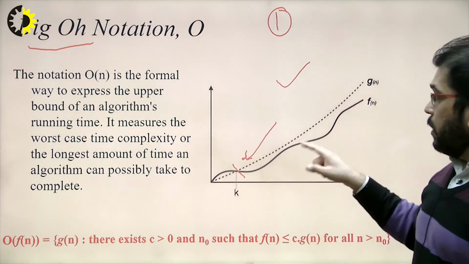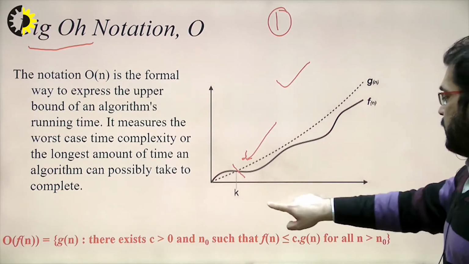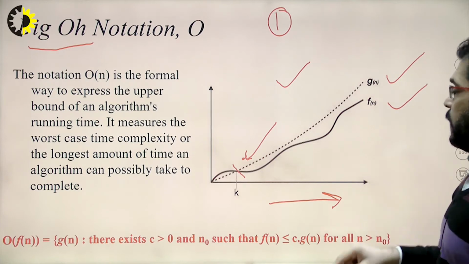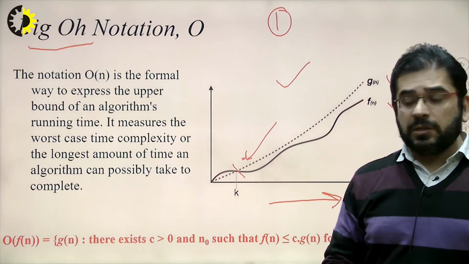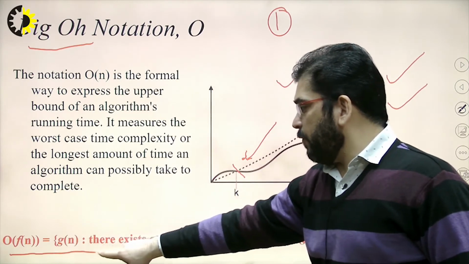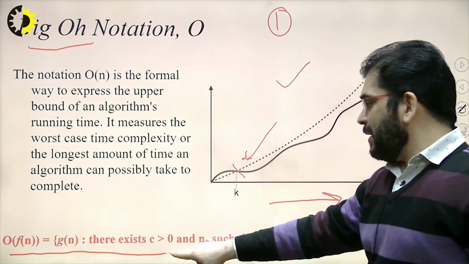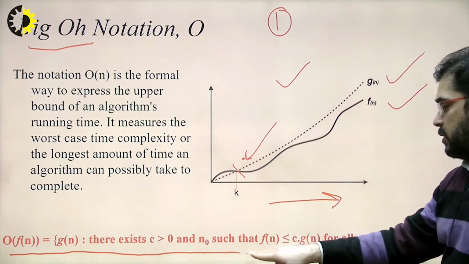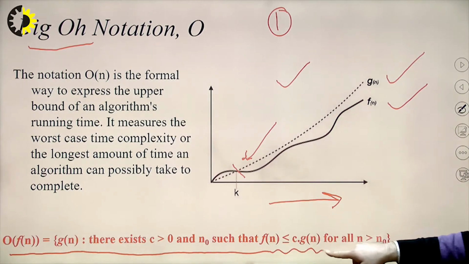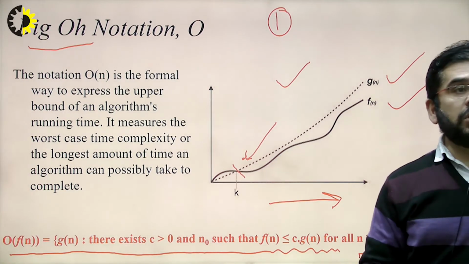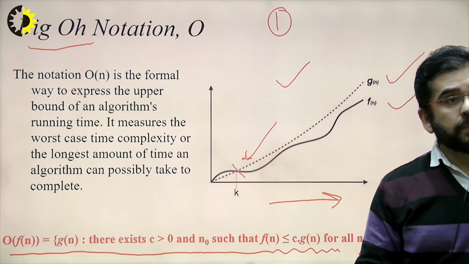At this particular stage, both of the functions will execute in the same amount of time. But if on a longer run we check, then as time progresses, there is a difference between the time taken by the two functions f(n) and g(n). The overall equation is written here: big O of g(n) is equal to f(n) if there exists a constant c greater than 0 and a number n0 such that f(n) is less than or equal to c g(n) for all values n greater than n0. So this is our big O notation.